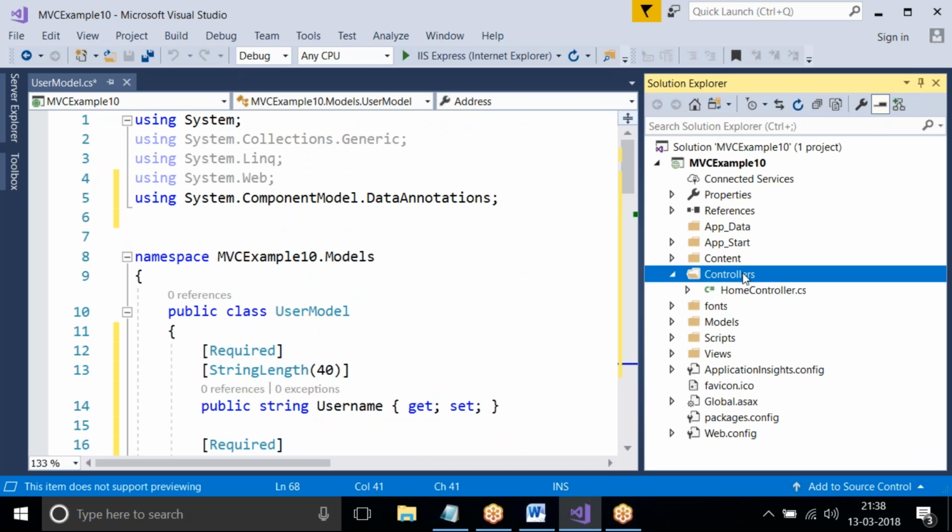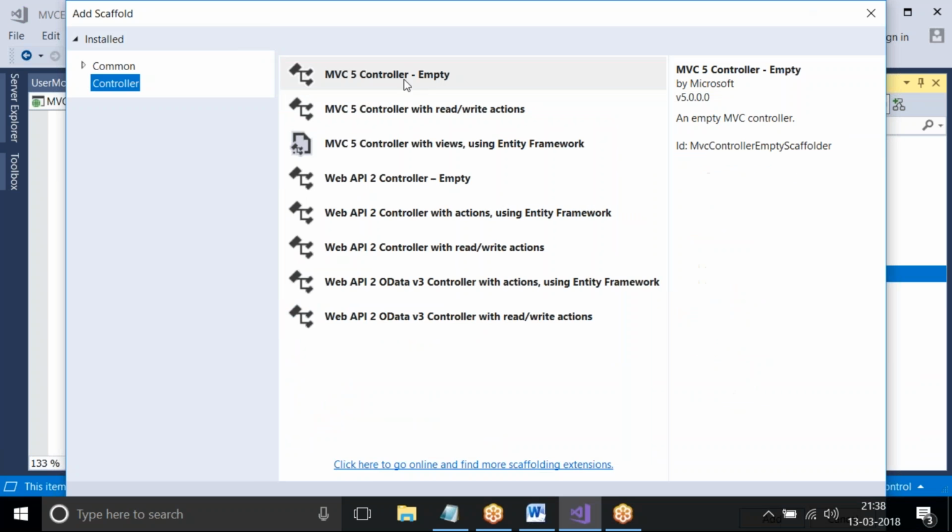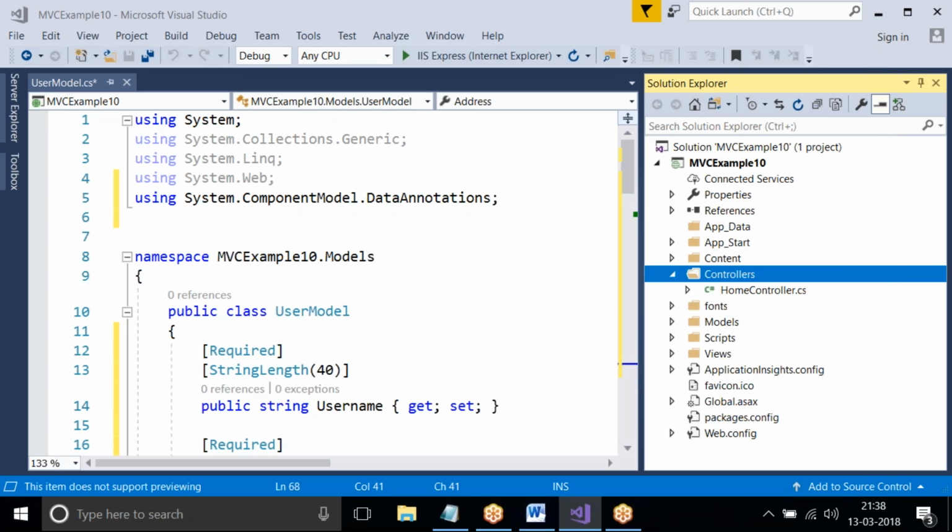So now creating the controller. Right click on controller. So empty controller is selected.